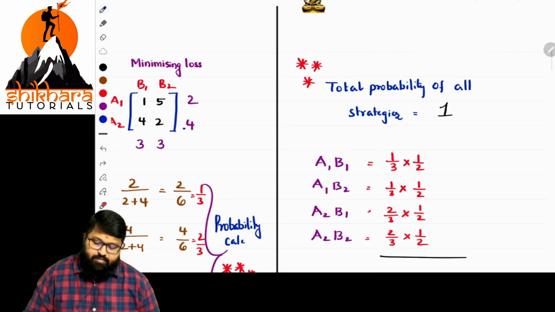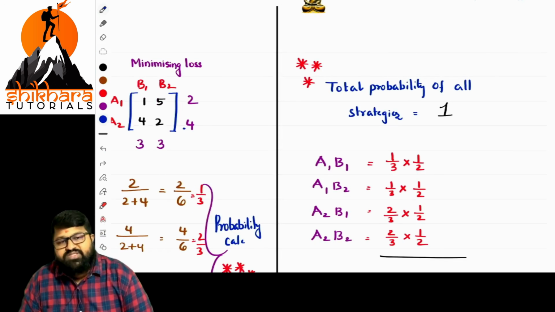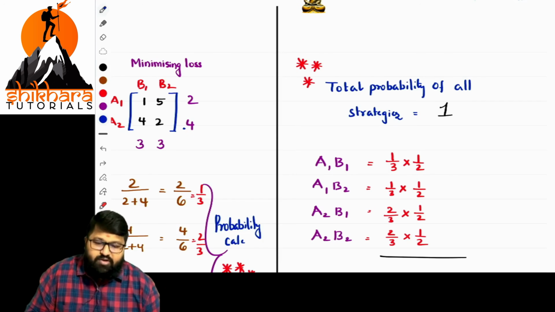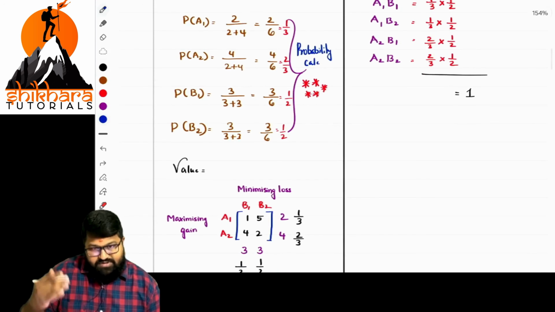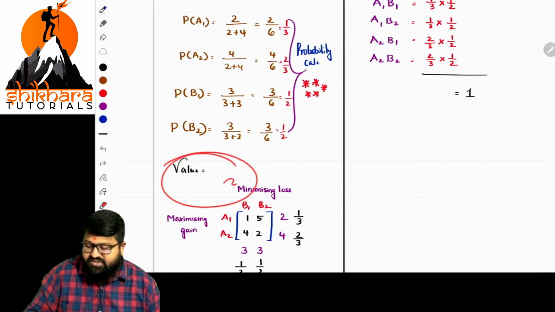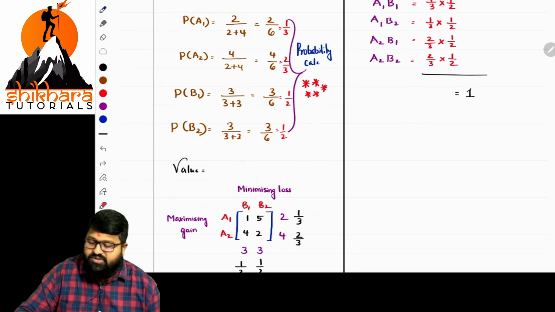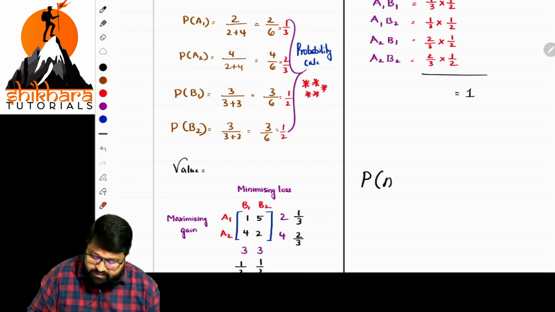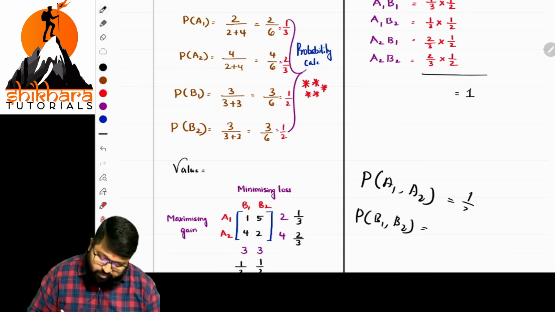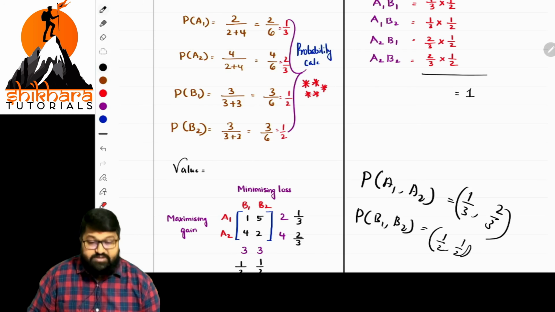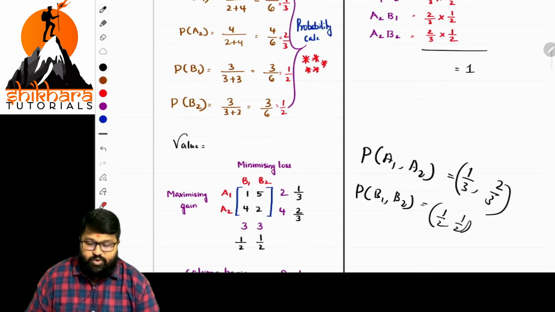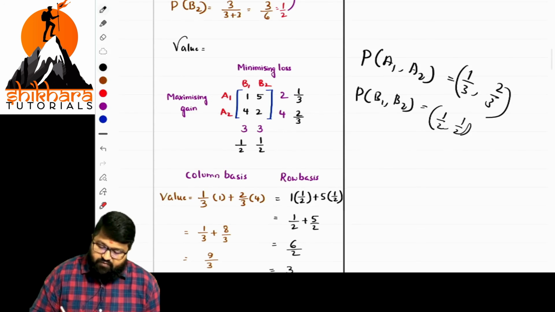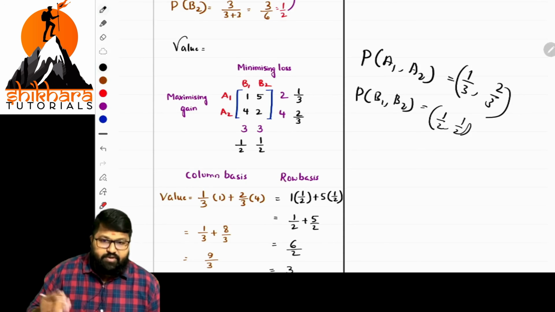Then what is the last part, the summary? And one more thing, the probability of all the strategies should definitely be equal to 1. That's the basic point. You need not mention that one. At the end of the summary, value calculation and presentation are important, and probabilities presentation is important. How to mention the probabilities? You can mention the probabilities as P of A1, comma P of A2, and P of B1, comma P of B2. What are the probabilities? 1 by 3, comma 2 by 3. And in this case 1 by 2, comma 1 by 2. And the sum of these probabilities will always be equal to 1. That is known to you. Clear? So this is the value. This should be mentioned at the end after value calculation.